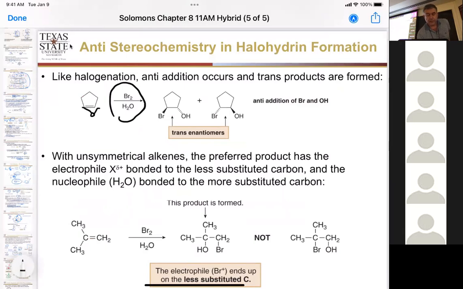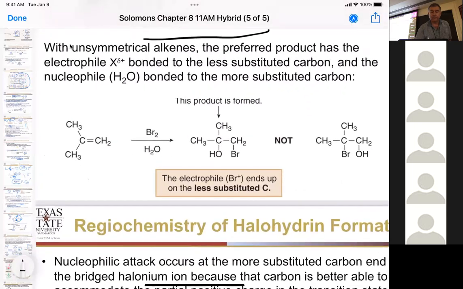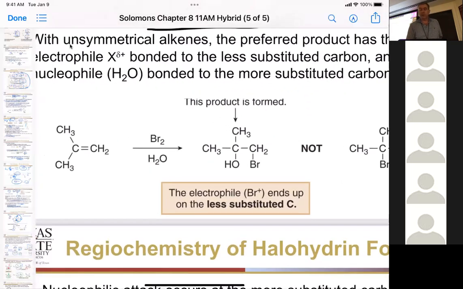bromonium cation here in that three-membered state, and therefore you're going to have attack by the nucleophile from the bottom. So we're going to get that anti-addition, and in this case, we're going to get isomers, and we'll always get the trans isomers if you do a cyclic alkene. Okay. Let's see what happens when you have unsymmetrical alkenes, though. Okay. So what we're going to do is we're going to form that bromonium cation again,